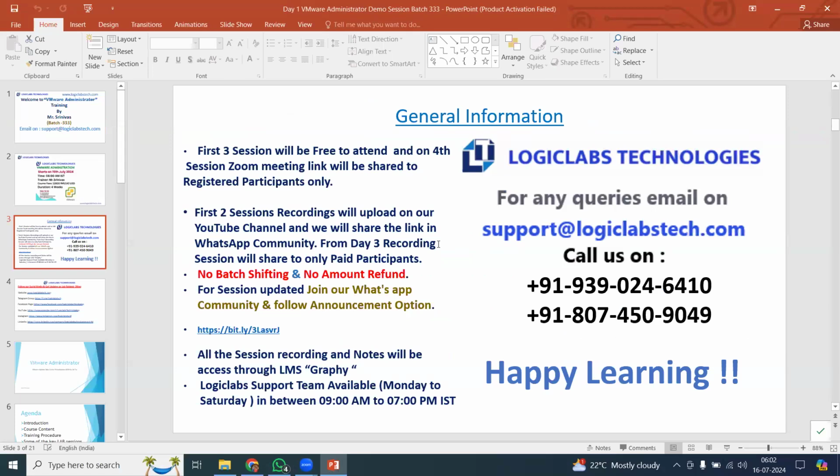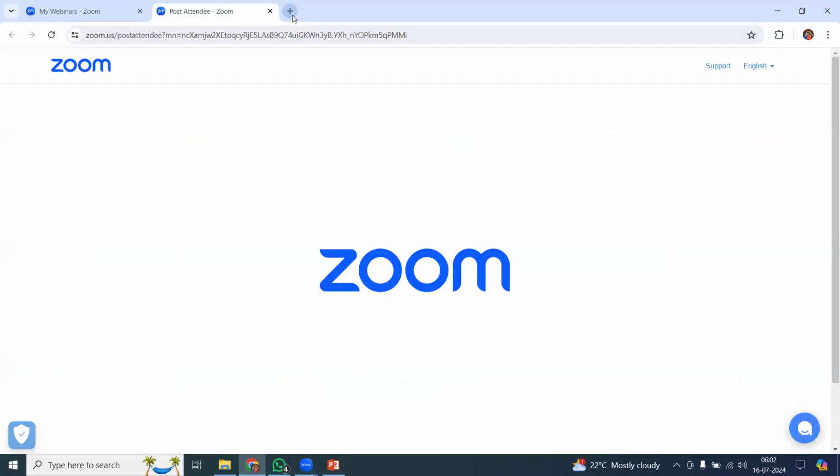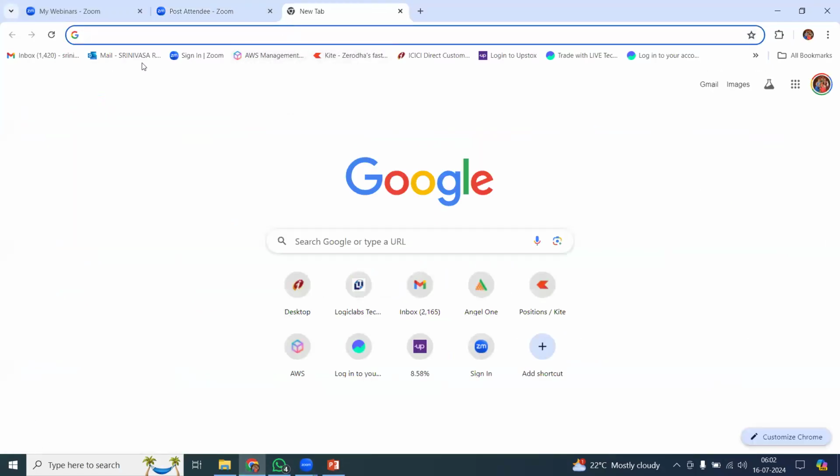The first 3 sessions are free to attend. This is session number 2, so one more session is free to attend. From the fourth session onwards, a separate Zoom link will be shared with registered participants. So who are the registered participants? Log on to